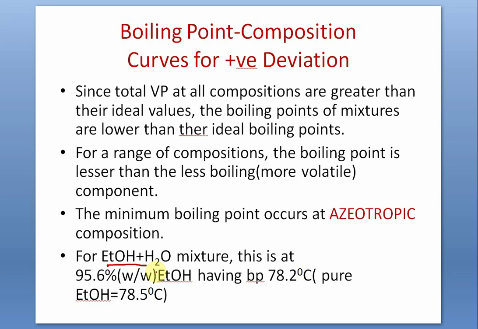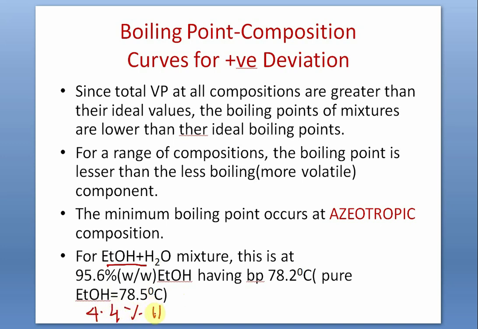The successive distillates will be heading towards B, the more volatile component, and the successive residues will be heading towards the less volatile component. So there was no need to say about it. But now I emphatically say that the x-axis will not be in mole fraction, it will be in W by W %. Now, at the percentage of 95.6% ethanol,